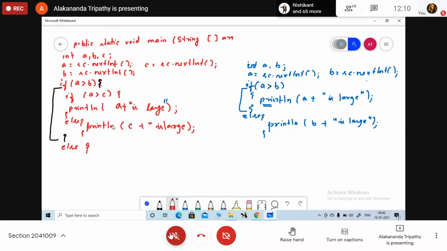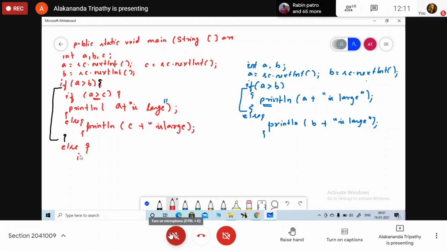But here, within this if block, what are we comparing? We are comparing a with c. If it is true, we are going to print this message, otherwise we are going to print this message. Okay ma'am. Now for this outer if, this one is my else block.